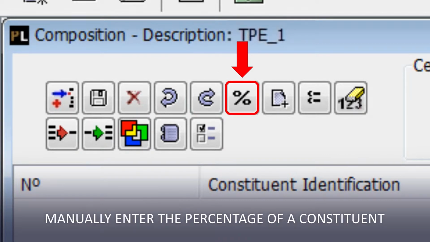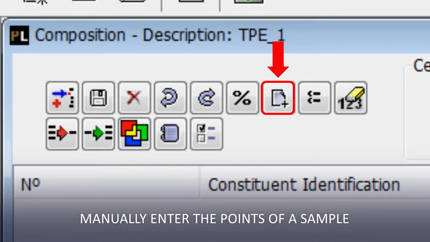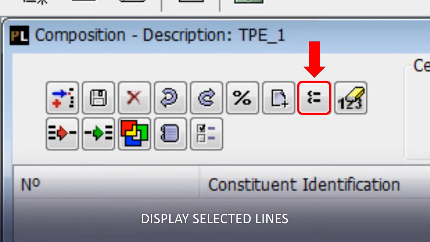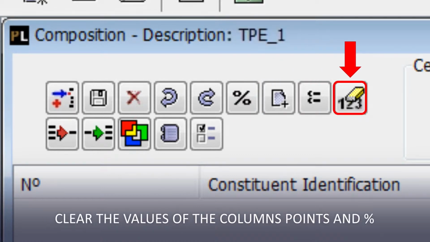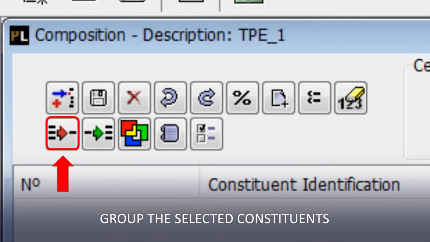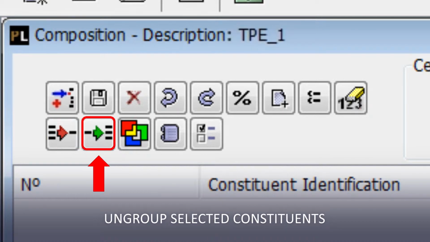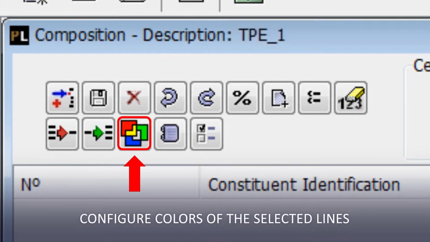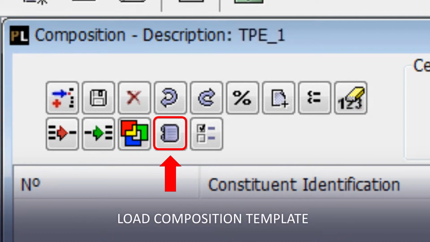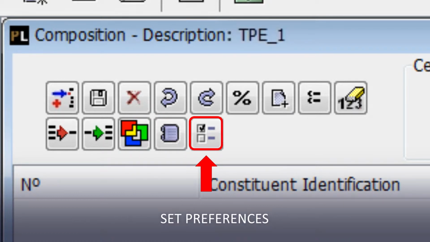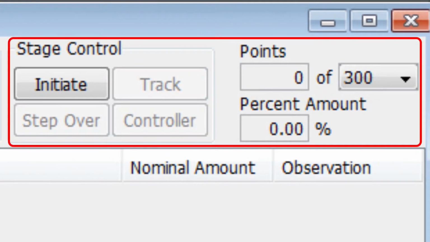the percentage of a constituent, Manually enter the points of a sample, Display selected lines, Clear the values of the columns, points and percentage, Group the selected constituents, Ungroup selected constituents, Configure colors of the selected lines, Load composition template, and set preferences. It's also possible to manage the stage lag point counter and to select the amount of points